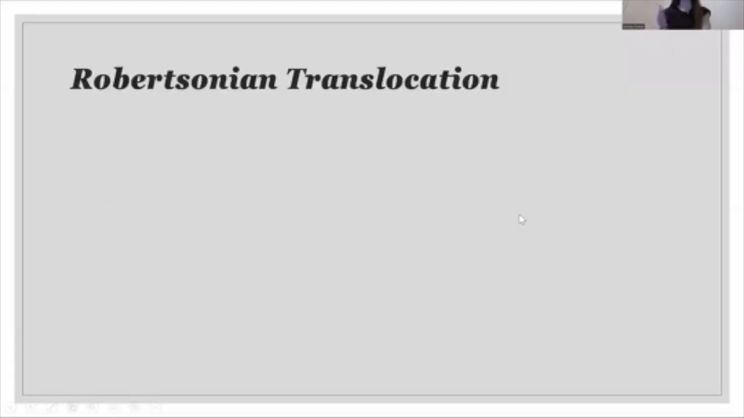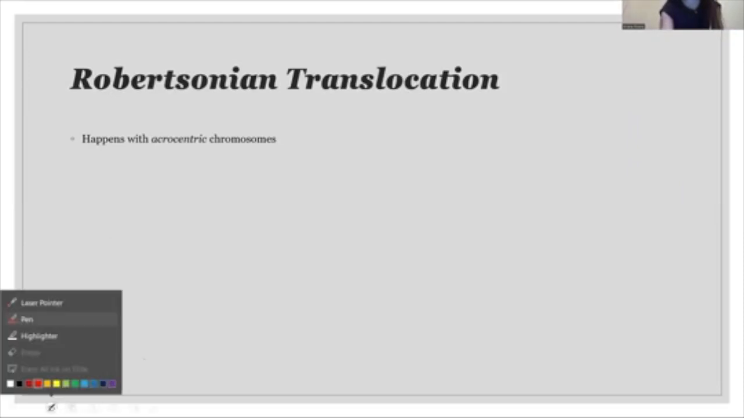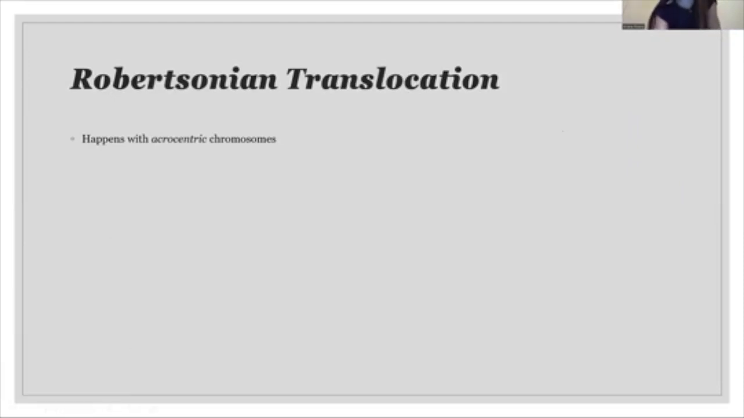Before we dive into Down syndrome, I'm going to take a moment to talk about a Robertsonian translocation, since this is really important in familial Down syndrome. Robertsonian translocations happen with acrocentric chromosomes. An acrocentric chromosome looks like this: it's a long stick, the centromere, and just a tiny little bit sticking out at the end. And if you have 2 of those,